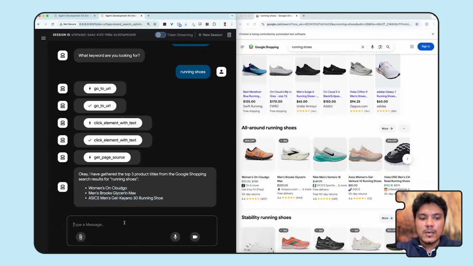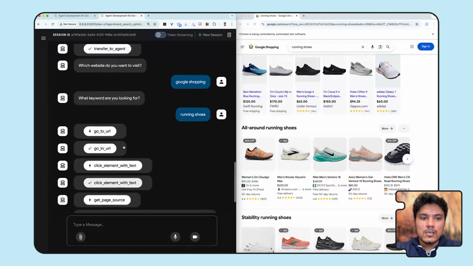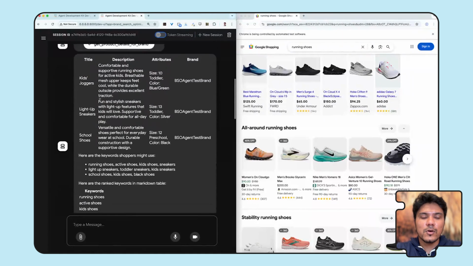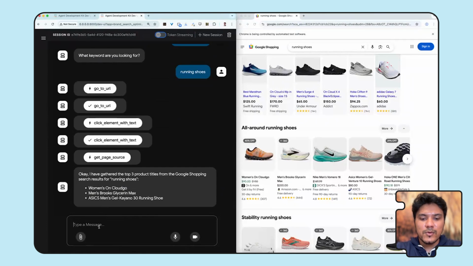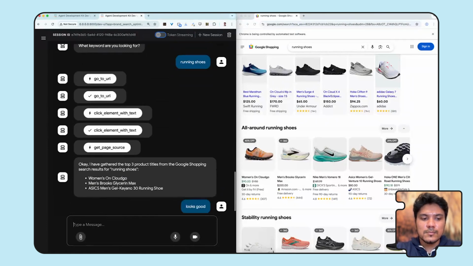In the next step, which also can be automated, but I've kept it to use the user input for demo purposes, what it is going to do is compare this with the titles we have got here, and then come up with some recommendations to improve the title, so that the brand search is optimized for these set of keywords. So if I say this looks good,